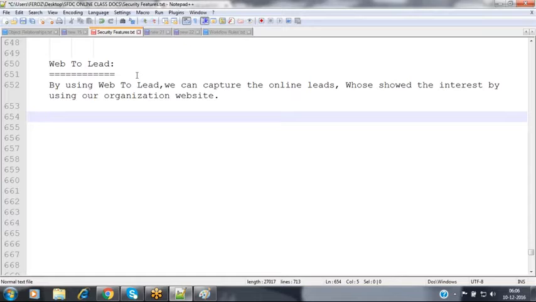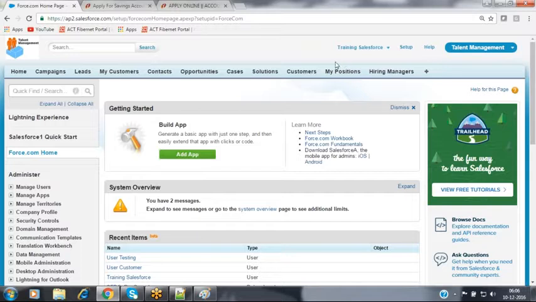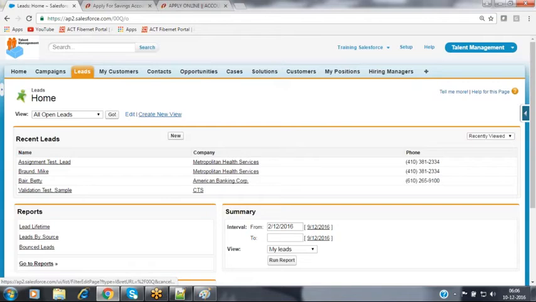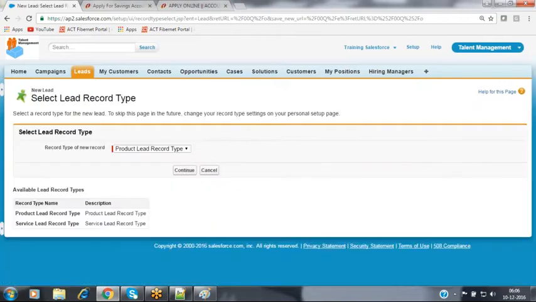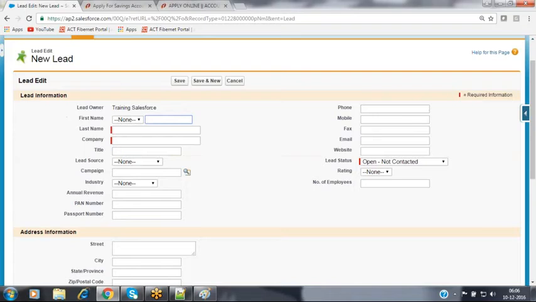When coming to Salesforce, if you want to capture a lead record, there are two ways. Suppose you want to create a lead record: log in to your Salesforce instance by providing your credentials and click on the Leads tab. It provides the graphical user interface to create a new lead record. Click on the new button, select the record type, and click continue. A form will open, and you fill in all the details. When you click on the save button, a new lead record is created inside the lead table by default.